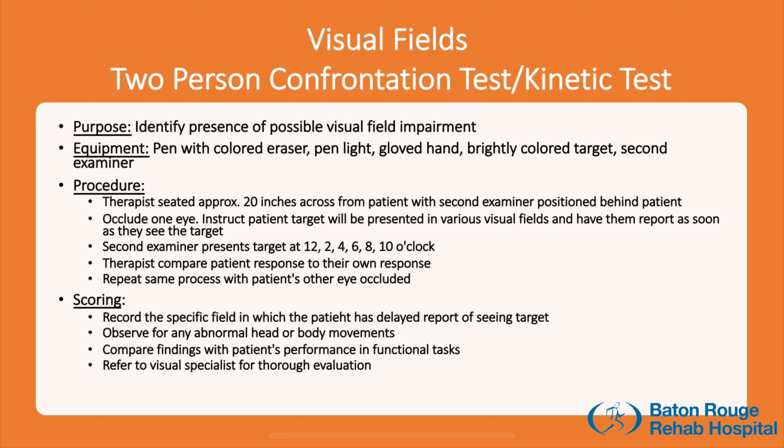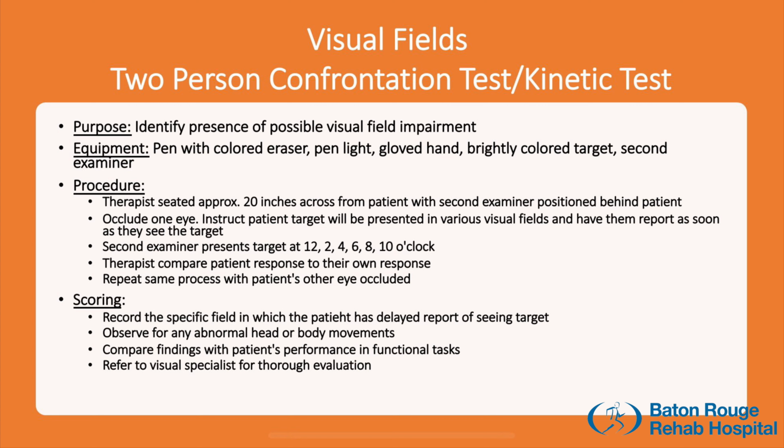If the patient cannot see the target as soon as you can, this can be an indication of a potential problem. The second examiner will then move the target clockwise and present at 2, 4, 6, 8, and 10 o'clock. Record approximately where the patient reports seeing the target in each visual field. You will then cover the opposite eye and repeat the test. The therapist should report findings as either gross visual fields are intact on confrontation testing or reduced visual field observed